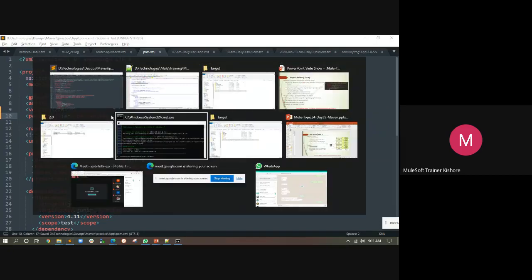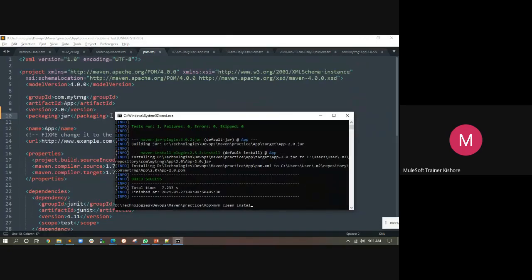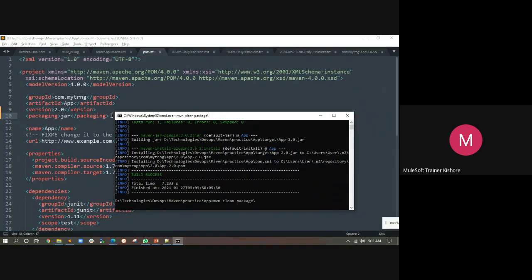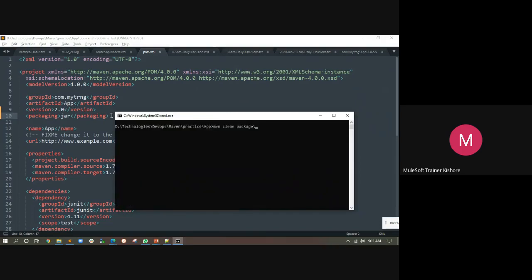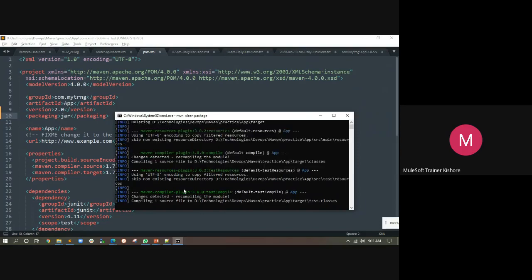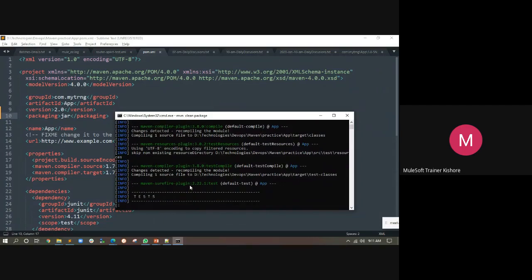It doesn't give any Maven clean install, and then it is packaging. What is the default packaging here?